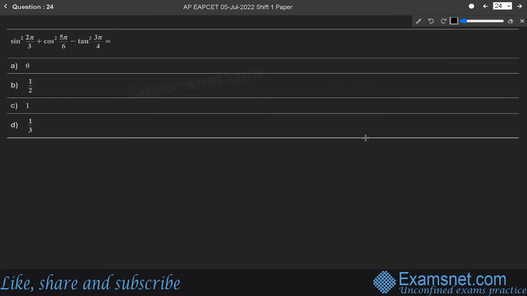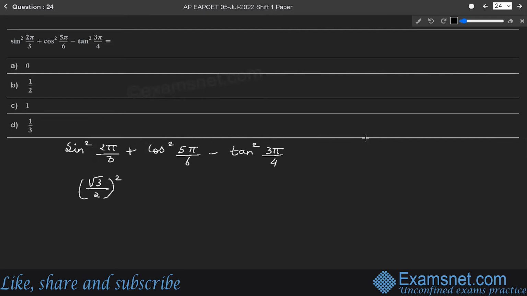Next question is sin²(2π/3) + cos²(5π/6) − tan²(3π/4). We have to find its value. On evaluating the expression, it will be (√3/2)²